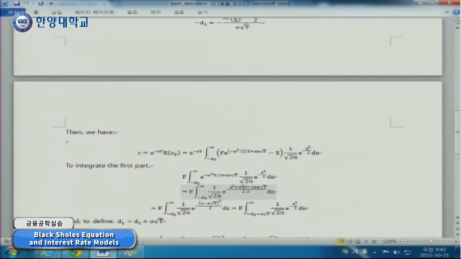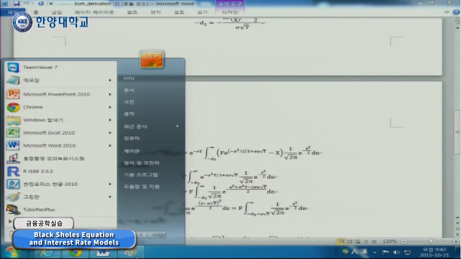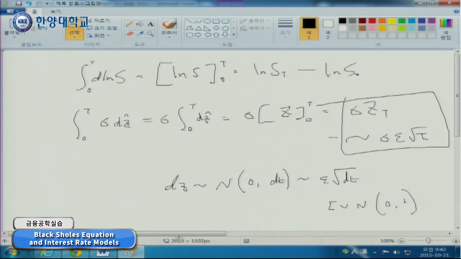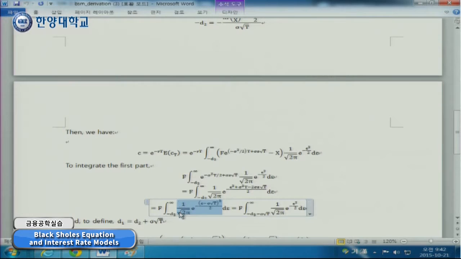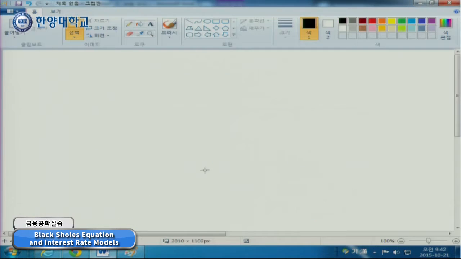And this is like a plus b square term. Looks like a square plus b square minus 2ab, something like this. So it is epsilon sigma t, this one. So this one is basically, you can see, the probability density function of a normal distribution with variance 1 and expectation sigma root t, which means that the integration of this term is